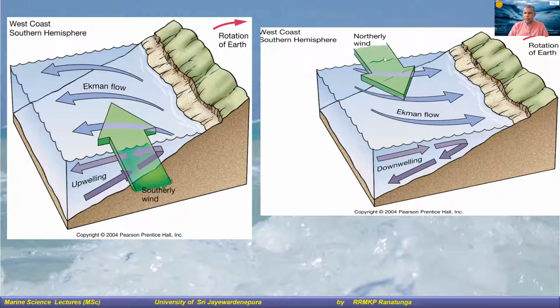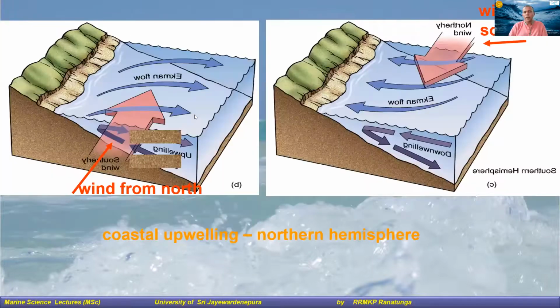On the other hand, downwelling will take the oxygenated water to the bottom, which will also be important for the marine organisms, right? But especially upwelling is very important, right? So the opposite happens in the northern hemisphere. If you take the same concept in the northern hemisphere, this is called coastal upwelling. Upwelling can happen even in the deep waters, but here what we're talking about is coastal upwelling.